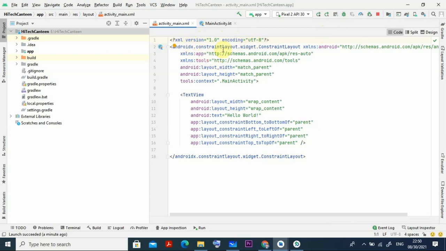Then here under constraint layout widget, something I am putting here. By default it has taken all the things, but I don't want that. Instead of constraint layout, I want linear layout, right? So in that linear layout, what I need to do,